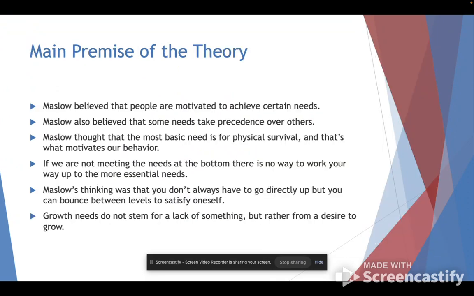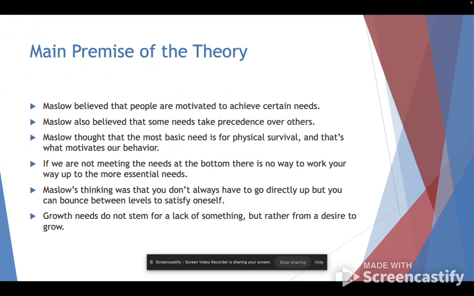So the main premise of Maslow's theory was that Maslow believed that people are motivated to achieve certain needs. Maslow also believed that some needs take precedence over others. Maslow thought that the most basic needs are for physical survival, and that's what motivates our behavior. If we are not meeting the needs at the bottom, there's no way to work your way up to the more essential needs, which is just meaning that we're going to look at the diagram here in a second, but